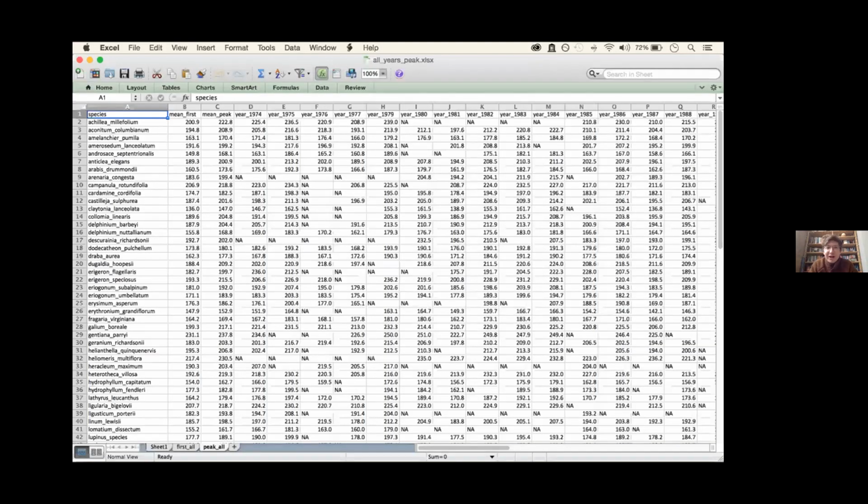Here's an Excel file with a bunch of flowering phenology data, or the timing of flowering, across 45 years. We've got all sorts of species on the left-hand axis. There they are speaking to you. Can you see any patterns here? No, you don't have to answer. That's okay. But the point is, if we let the data do the talking, they don't really tell us that much